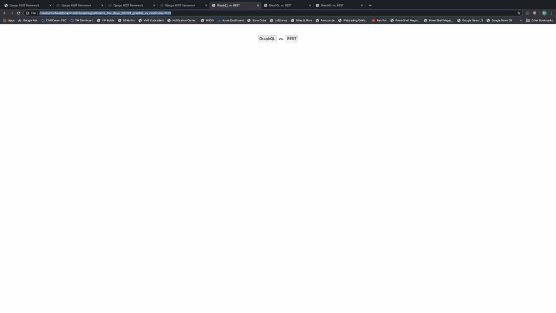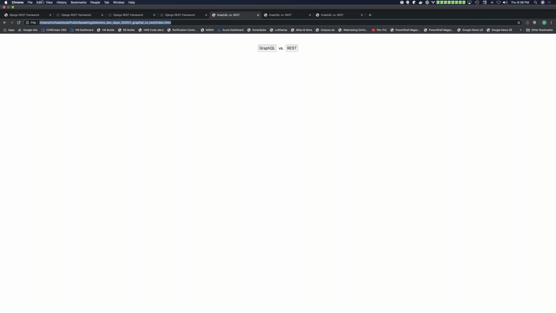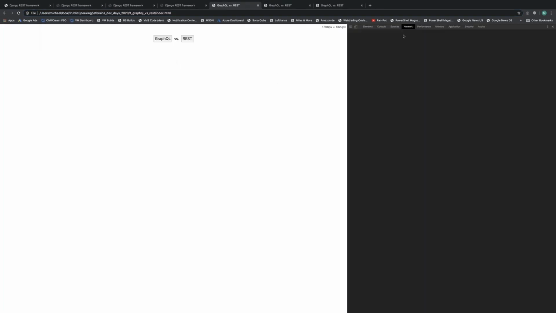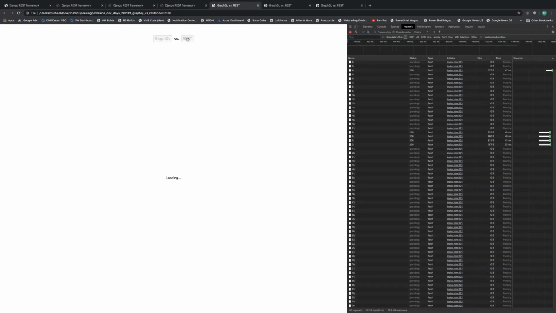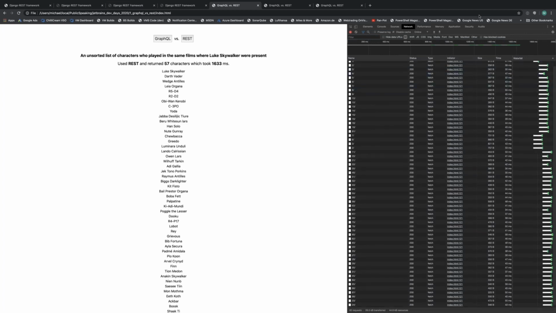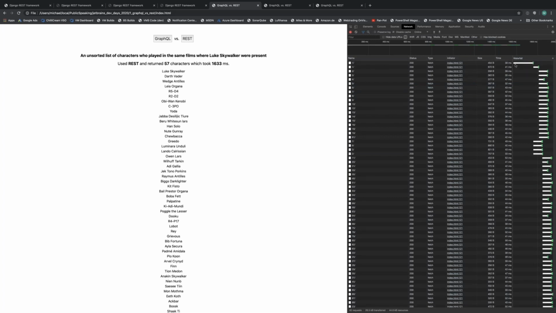So I can go here into the program that I wrote, and let me just bring up the developer tools of Chrome and run the REST version. I can already see it's pulling up a lot of connections. I have quite a fast internet connection, but it still took 1.6 seconds. And I can already see why, because we actually created a data waterfall. So we have dependent calls